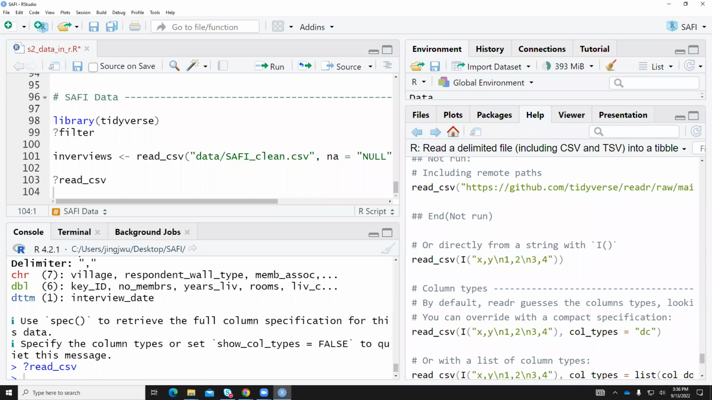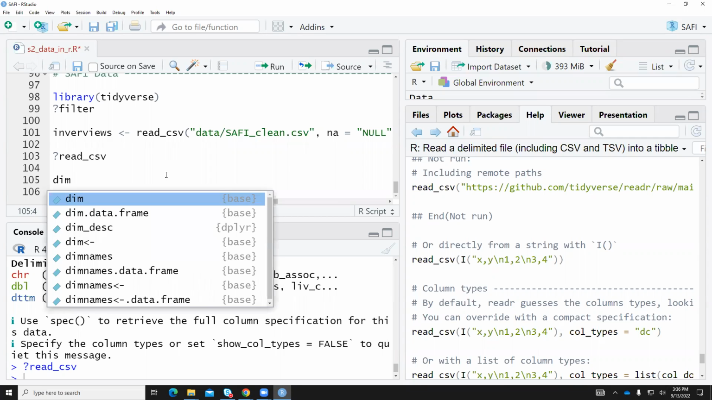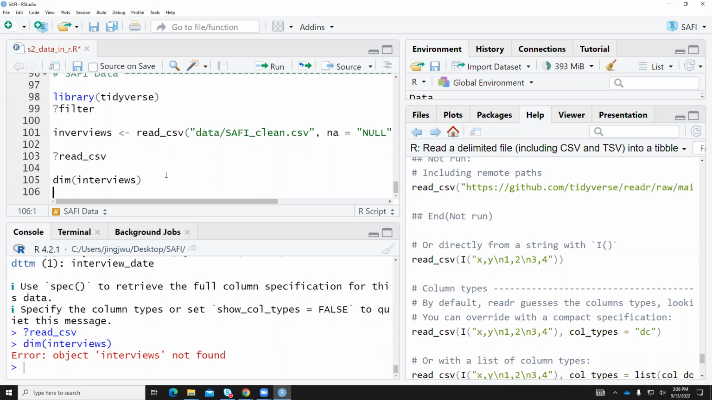Kind of the same as when we learned vectors, where we used functions to inspect vectors, this time we're going to use functions to inspect a data frame. First we want to see the size of a data frame. Different from a vector, which is one dimension, a data frame is two-dimensional, so we have a number of rows and a number of columns. We use the function dim, and we check interviews, and